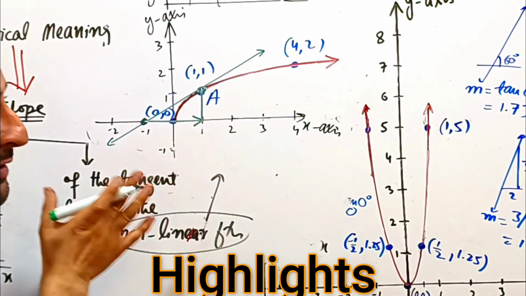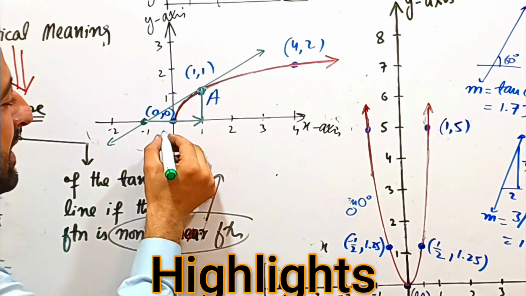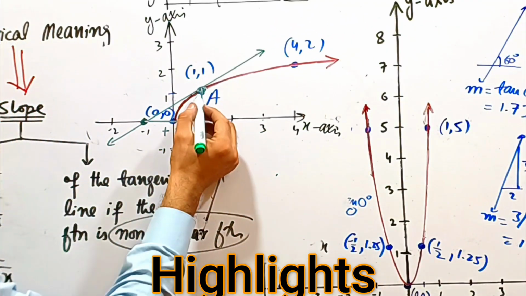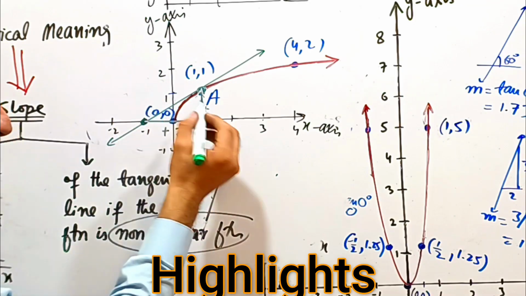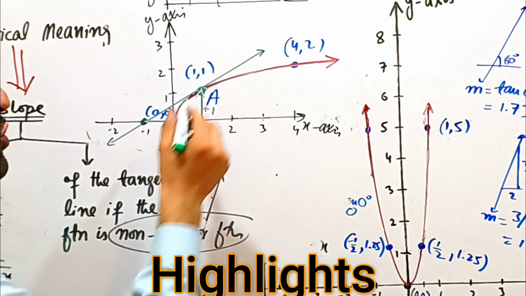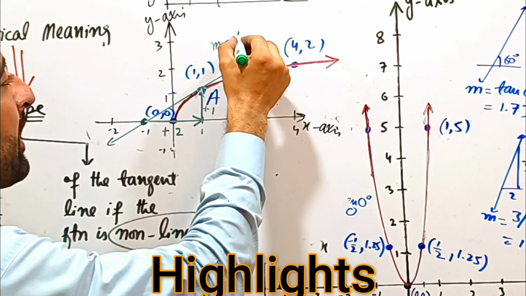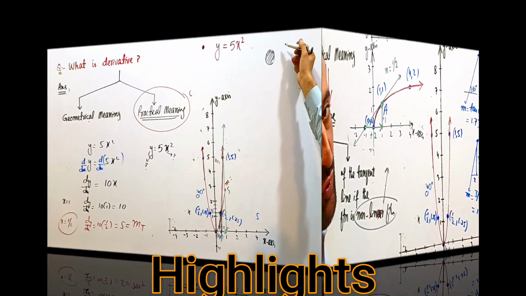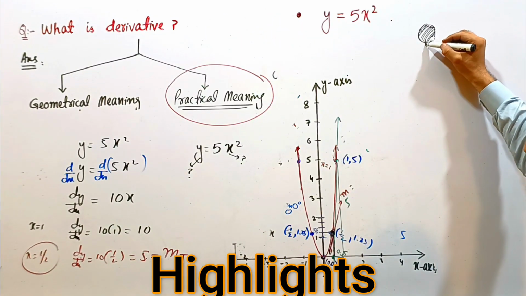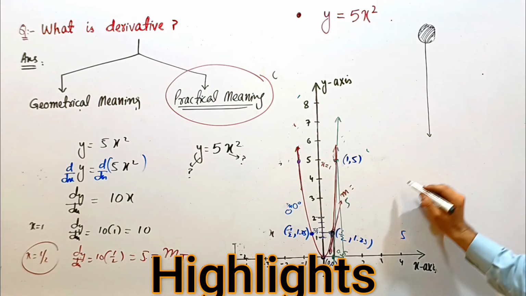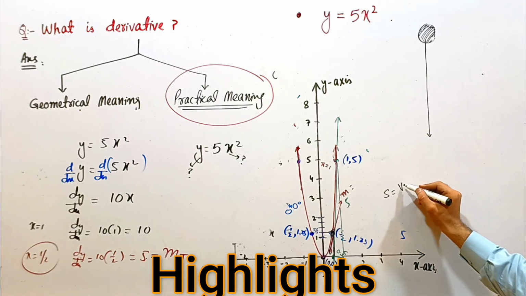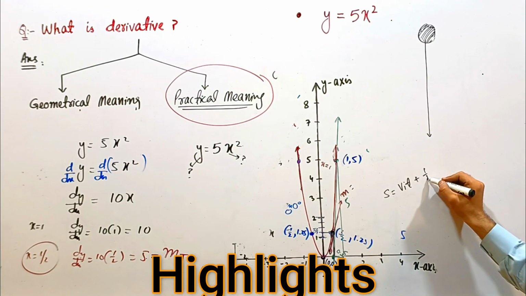Students, how much is this? Plus 2, forward direction, plus 2. Plus means forward, 2 means 2 units. And plus means upward in y direction, and 1 means 1 unit. So the slope of this straight line is 1 upon 2. So the equation for the distance obtained will be, distance is equal to VIT plus half GT